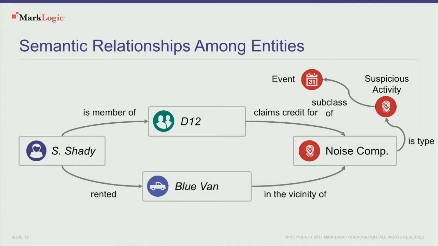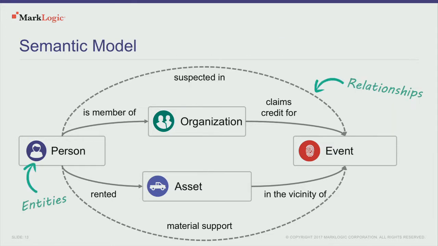But you say, how are my developers supposed to know what data is there and how it's related? So what we want to be able to do is to define the meanings of those things. What does "in the vicinity of" mean? What is a blue van, and what are its characteristics? How is that blue van, which is an asset, related to other things like people and organizations and events? So taking that, extending that context, that graph model, we can now write down facts about the world.